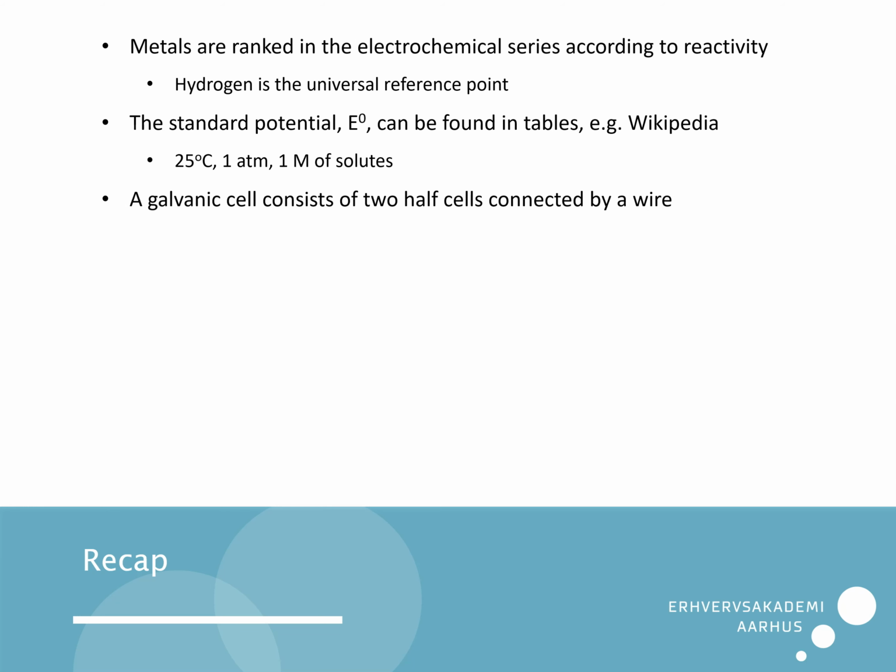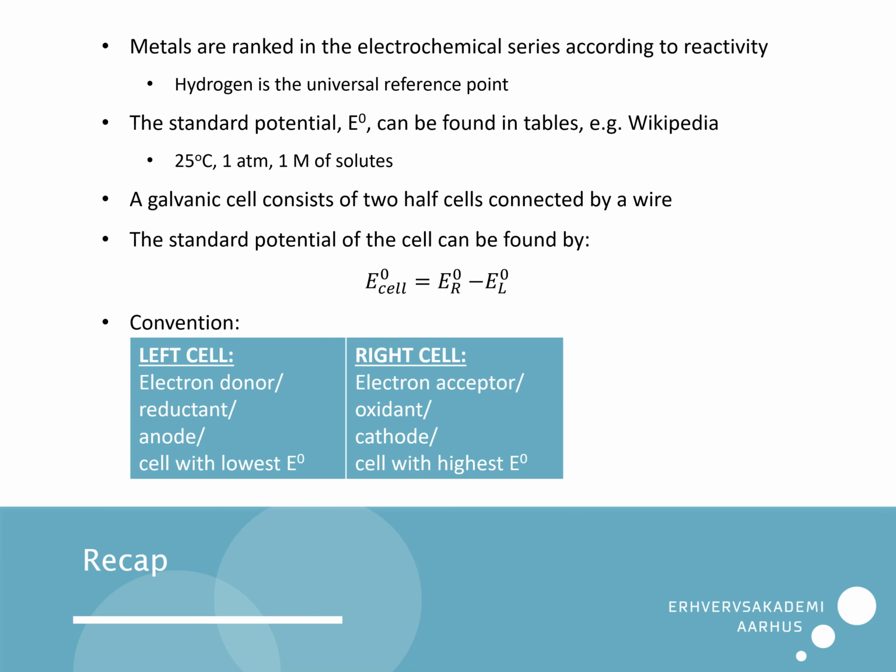A galvanic cell consists of two half cells connected by a wire. The standard potential of the cell can be found by this formula, meaning that we subtract the standard potential of the left cell from the right cell. By convention, the left cell always contains the electron donor, also called the reductant or anode, and it's the cell with the lowest standard potential. On the right side, we have the electron acceptor, also called the oxidant or cathode, and it's the cell with the highest standard potential. Join me in the next video where I will show you how to use the Nernst